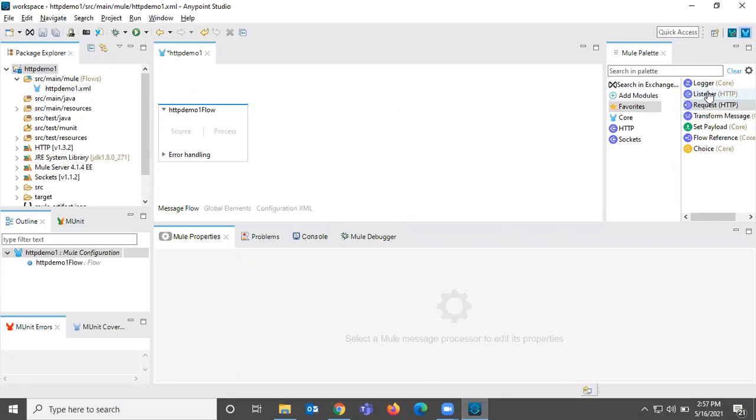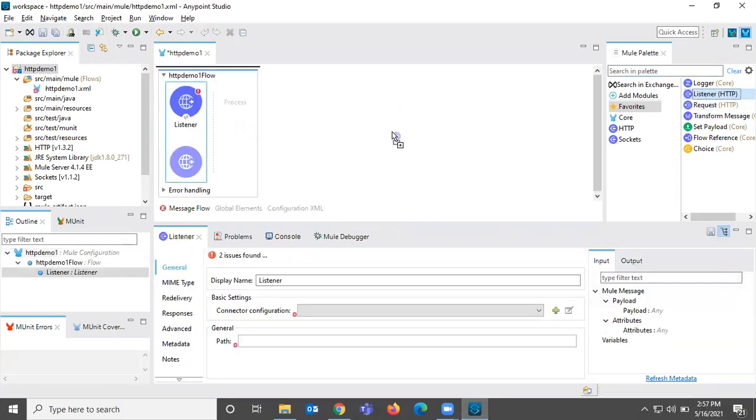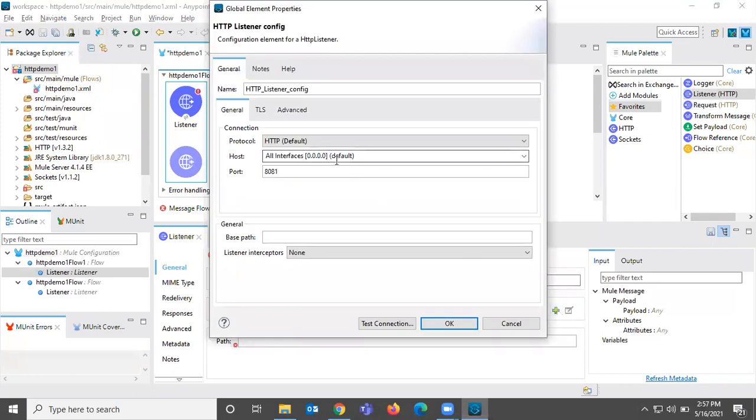Let me create two listeners, one for invoice and one for purchase order, and one global HTTP connector. So what is the base path?